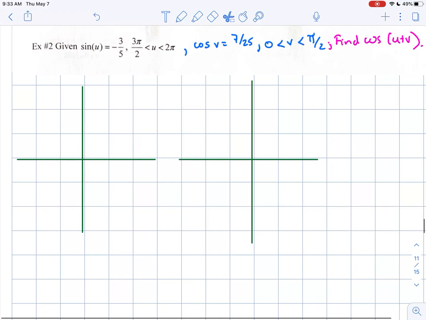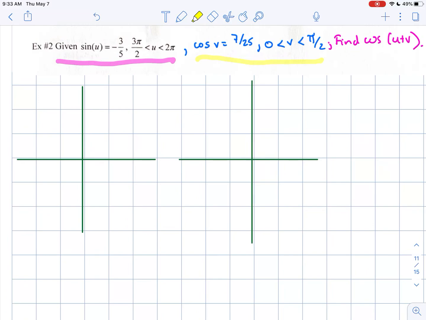So now that you've had a chance to write down the problem, I'm going to highlight the first part and explain that with these problems, they give you information on two different angles. So the pink highlight is to show that information is on one given angle, U, and then the yellow highlight is to show that this is the given information on V. So there's two separate angles. I'm going to go ahead and draw U and V in two separate quadrants so we can find out more information,